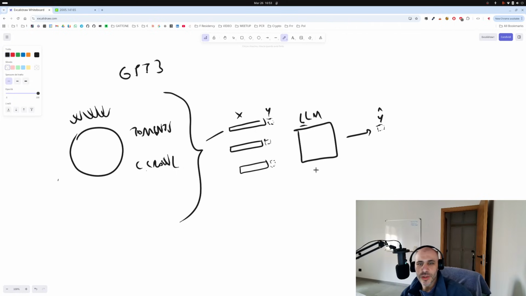The language model can be seen as a function that tries to approximate the desired output, which is the next token, by taking as input the previous text, the prompt, or the context.